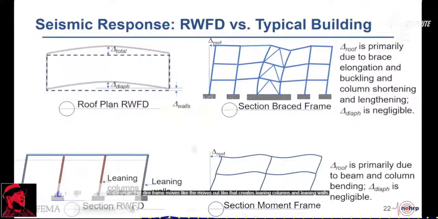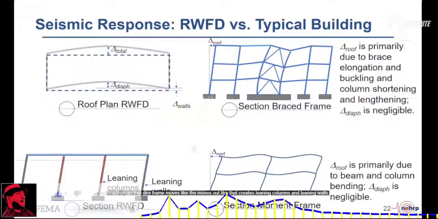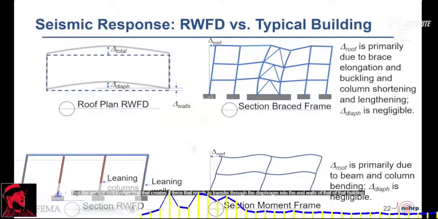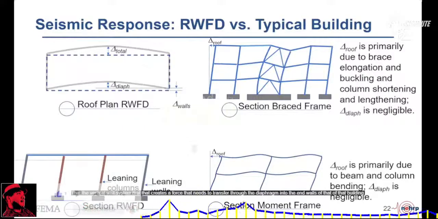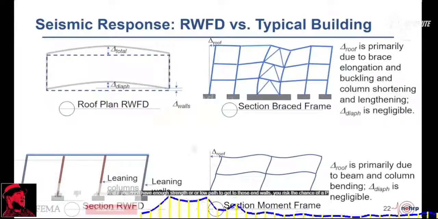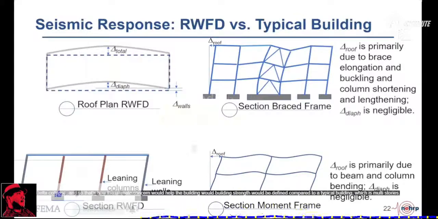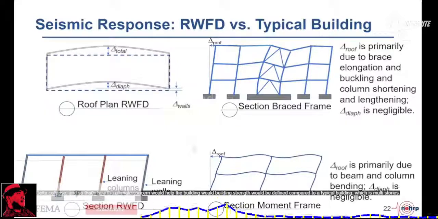And then as that diaphragm moves out like that, it creates leaning columns and leaning walls, the vertical wall system, that creates a force that needs to transfer through the diaphragm into the end walls of that building. And if you don't have enough strength or load path to get to those end walls, you risk the chance of a P-delta collapse. And so that's the ultimate concern with how the building